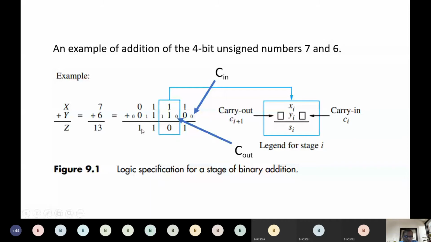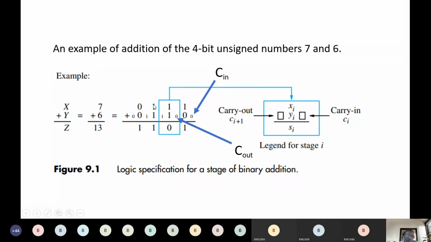So remember, one important thing you need to remember is at every point we have 3 bits. We are trying to add 3 bits. One is the actual value. So these 4 numbers represent X. These 4 numbers represent the Y. So you can say this one is X, this one is Y, this is the carry in. Similarly, here you can see this is the X, this is the Y, and this is actually carry out from here, but this becomes carry in for this one. So we can say this one has a carry in. So we are adding X, Y and carry in, and we get finally this one.